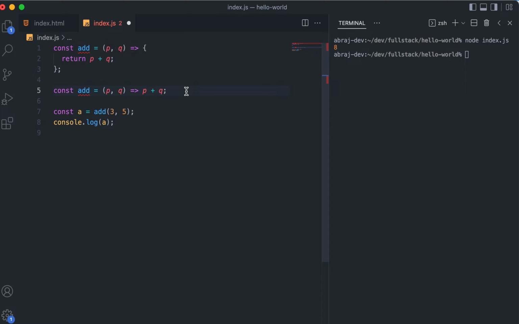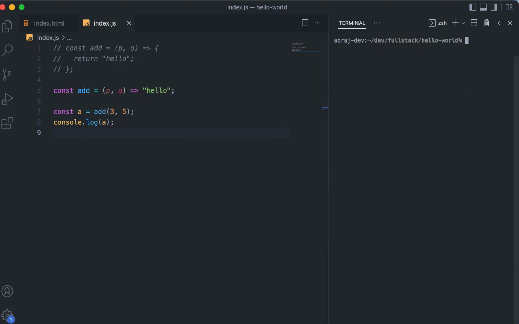Understand? So now you understand what is happening. If I write here, just for simplicity, let's say I write hello. I am just not using p and q. It means that you are returning hello. You understand? So if I comment this, because I cannot redeclare it, and right now I print, then you see that hello is printed. Whatever I do here,